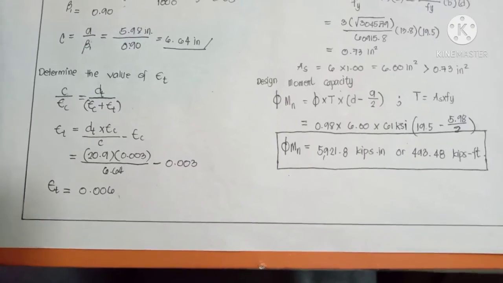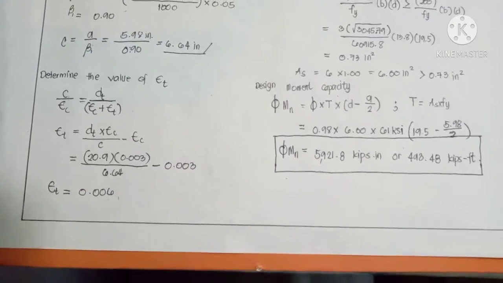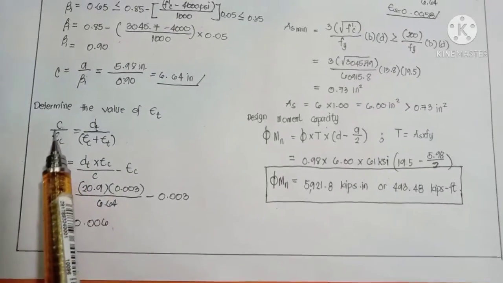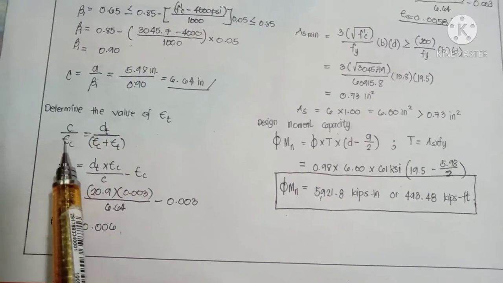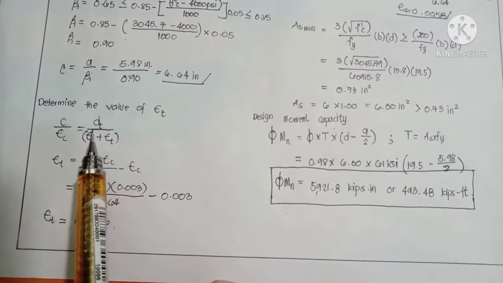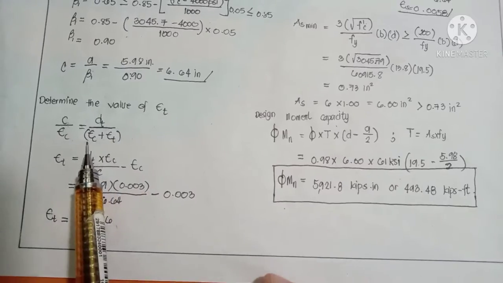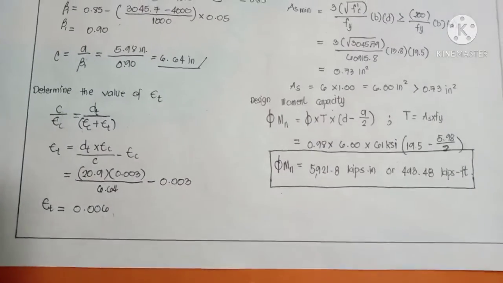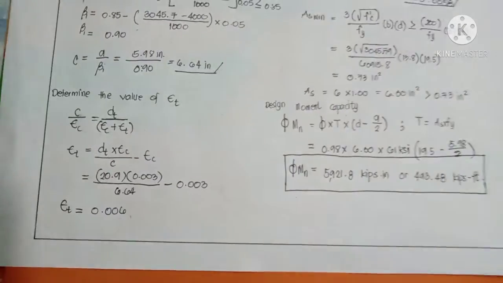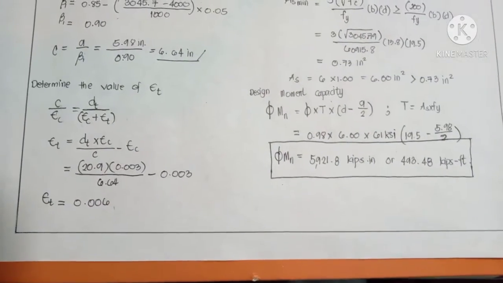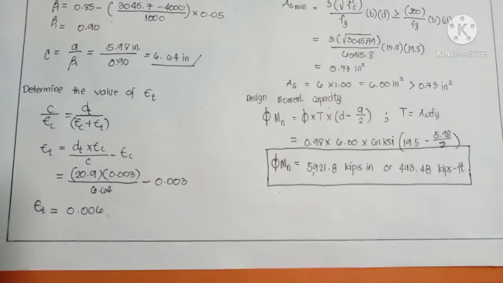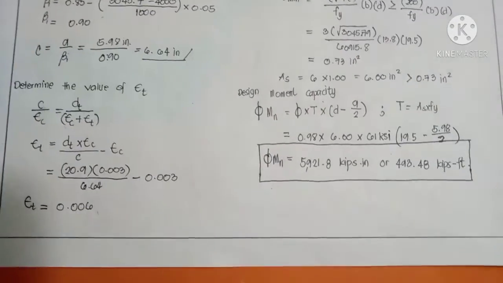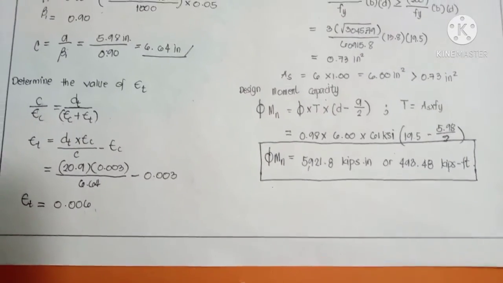So to determine the value of epsilon sub t, we have here the formula, which is c divided by epsilon c equals dt divided by the quantity of epsilon c plus epsilon t. Rearranging the equation to solve for epsilon t and substituting our values, we have the value of epsilon t, which is equal to